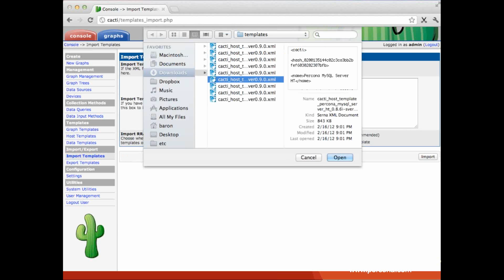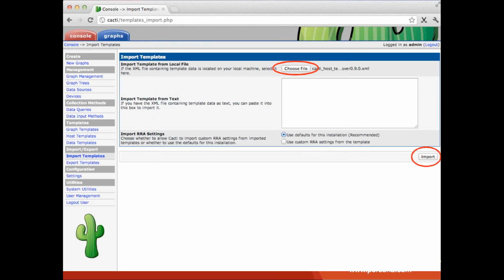There's actually, I'm sorry, I put a couple of these screenshots out of order. It looks like there's a button that you can click to browse for a file, and here I've browsed my desktop system where I've extracted the XML files that define the templates, and I'm selecting the template that I want to import into this system. And I'll select OK, and you can see next to the Choose File button that I've selected that XML file. And then on the bottom right, there's a little red oval arrow on the Import button. If I click that button,